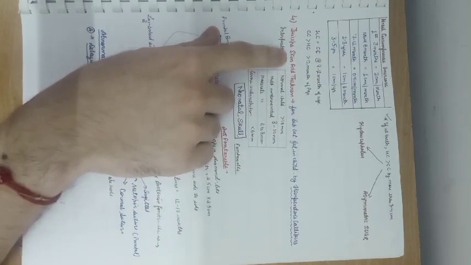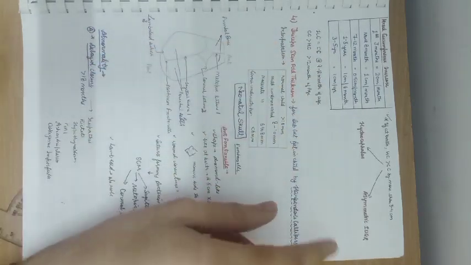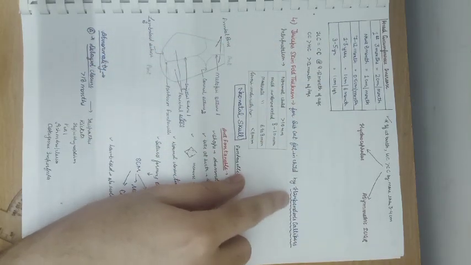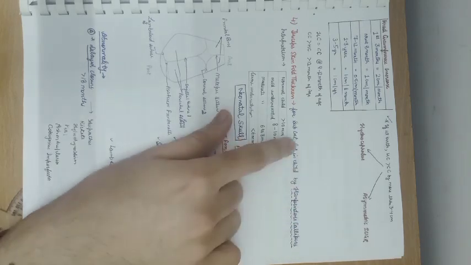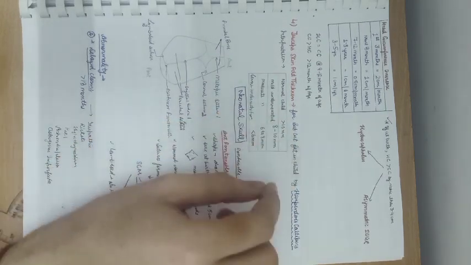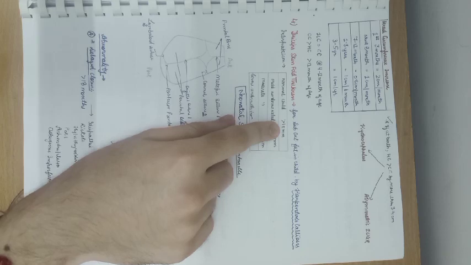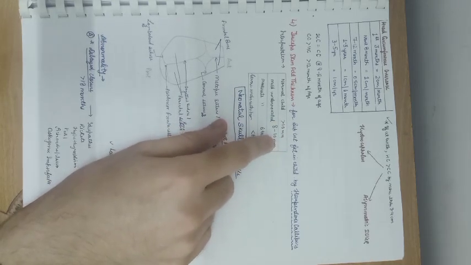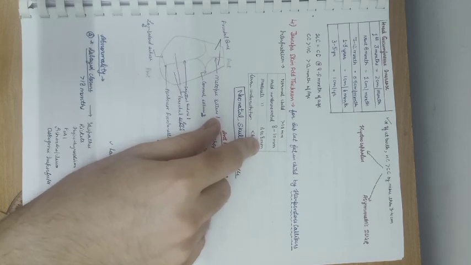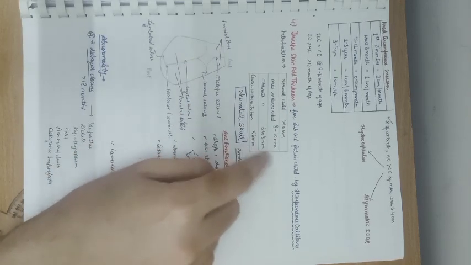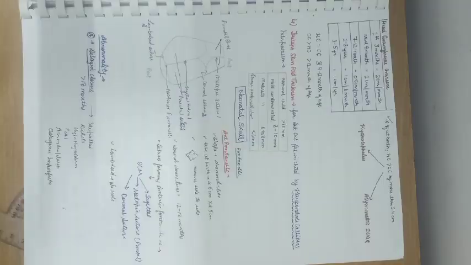Triceps skin fold thickness is next, and Harpenden caliper must be used for the skin fold. For a normal child the thickness must be more than 10 mm, whereas for the undernourished it will be 8 to 10, moderate it will be 6 to 8, and severe malnutrition it will be less than 6 mm.